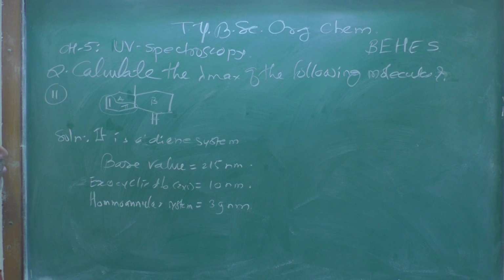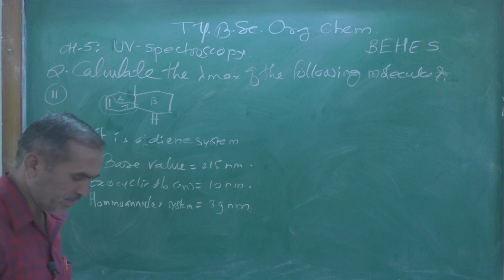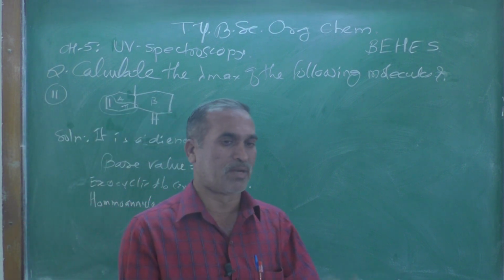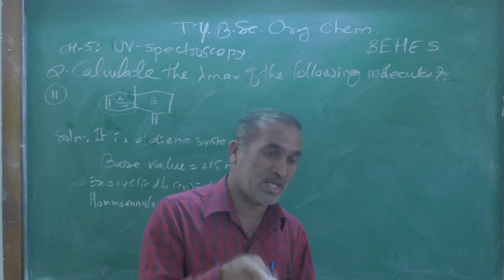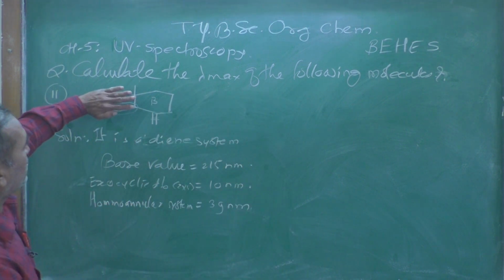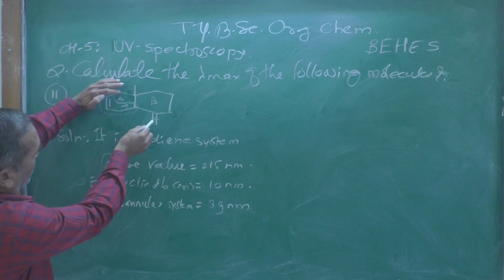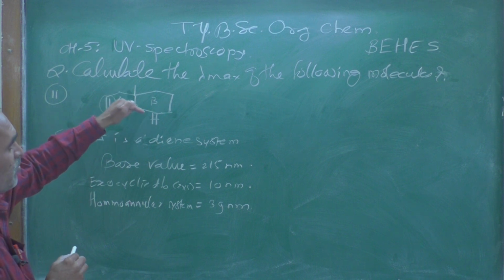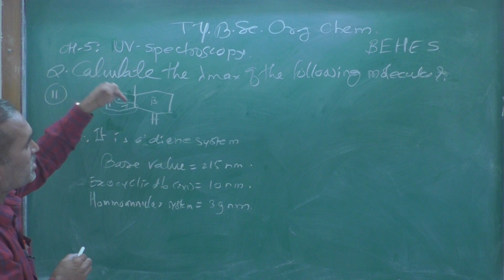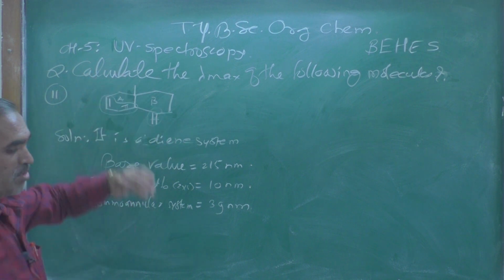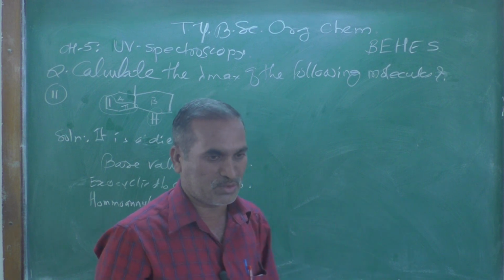Another thing, what is that? E means extended double bond. Extended double bond means extra double bond. Along with that diene system, is there an extra double bond present here? Can you see clearly? Double bond, single bond, double bond, single bond, double bond. These double bonds fall in the conjugation. It means you should consider this extra double bond present over there, and therefore it is nothing but an extended conjugation.